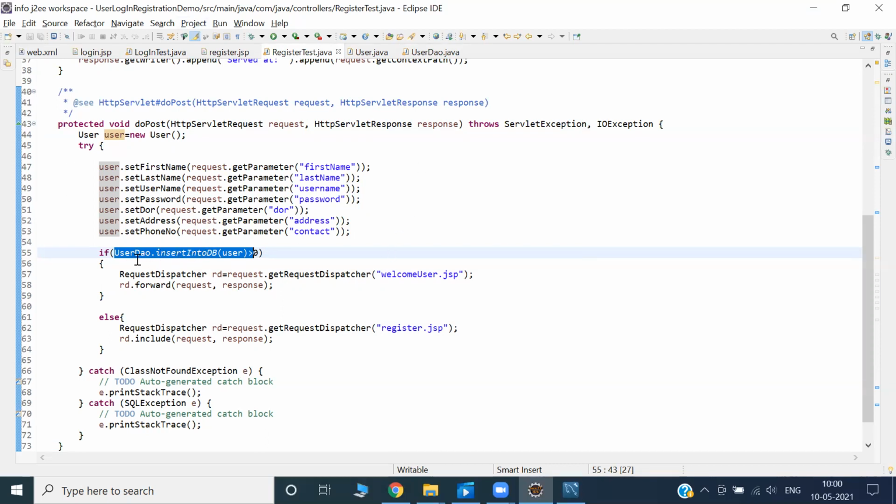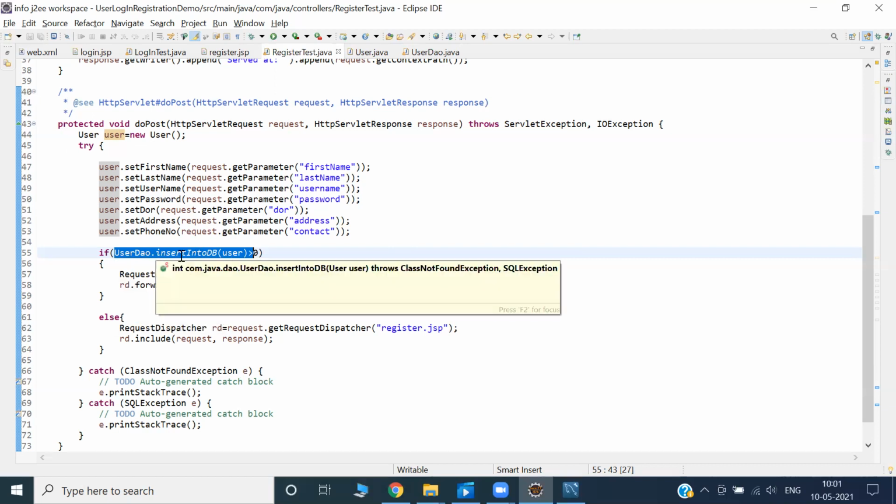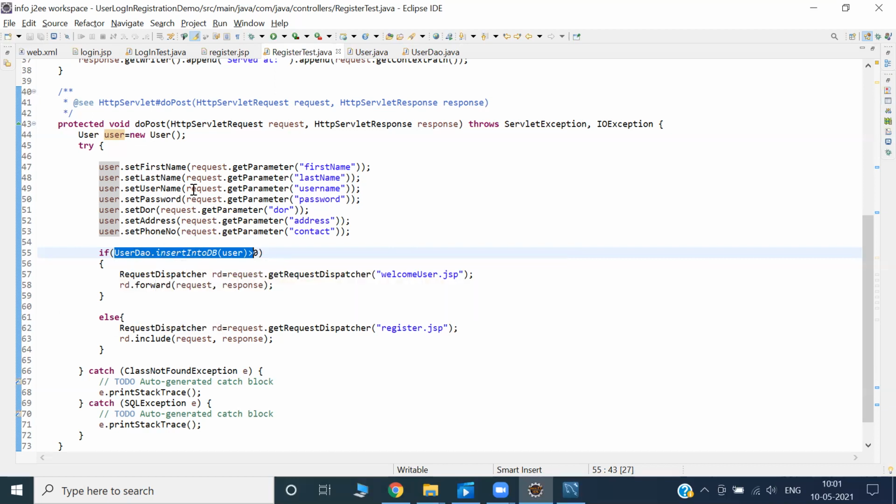I can call that method in this place. I'm calling a method which is in another class from this RegisterTest class, so I would need an object. But this method is a static method, so do you require to create an object? No, that's why I can call the method directly.